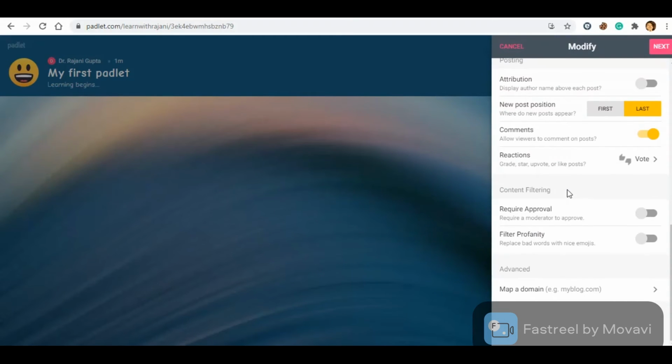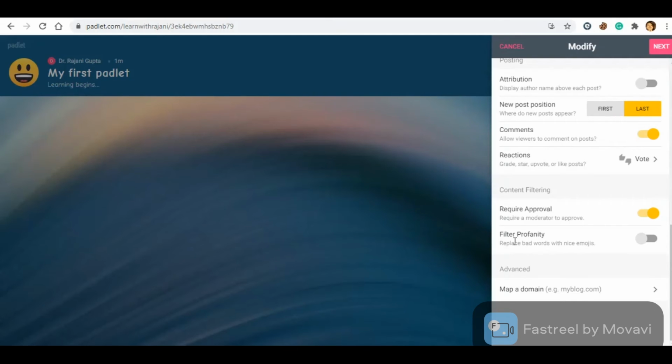Now what will happen in the Padlet, students are going to respond to the question that was asked in the journal to them, sorry. So in that case, to avoid any inappropriate material being posted over here, it's always better to turn on this button. It requires a moderator to approve the content. Means when the student posts the content, it will not be visible to all of them immediately, but it will be first available to the teacher. Then the teacher will approve the content, means whether it is appropriate to be displayed in the class or not, and only after approval will it appear there.